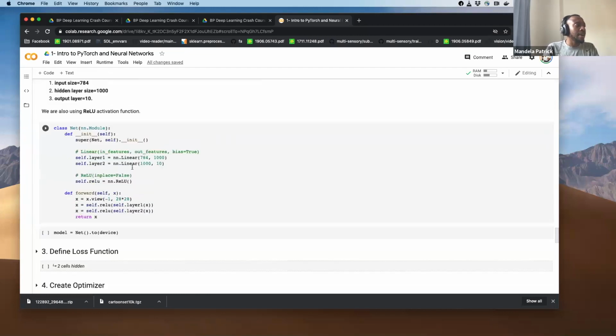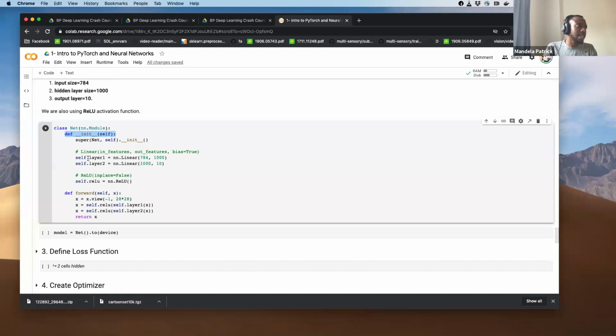So here we define what we call our neural network. There are two main functions we need to define. The init function defines the layers of our neural network. In this case, this is our input to hidden layer: we have 784 units in the input, 1,000 units in the hidden layer. And then from the 1,000 hidden units, we have 10 output units. Here we define it as a linear function, and then here is our ReLU activation function that we were looking at.